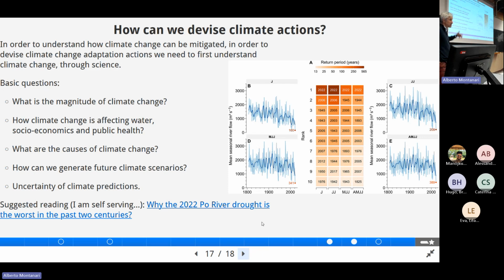It is an easy read. And it is also an example, as I said, of a very simple analysis based on open data. And what is the conclusion here? The conclusion is that indeed the drought risk for the Po River is increasing,